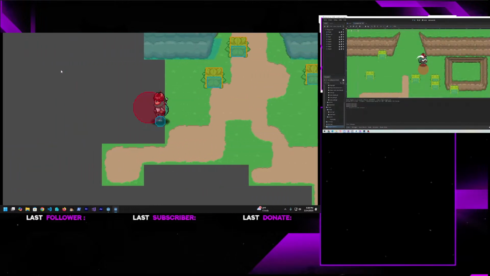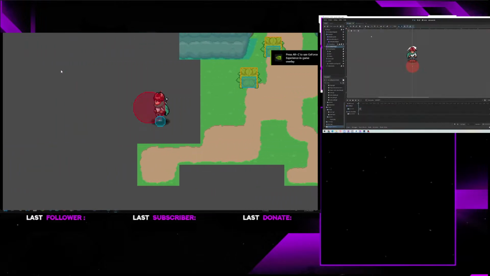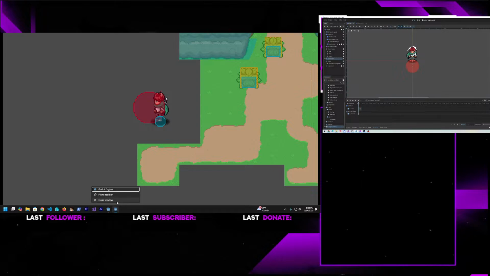Now, we can't really do anything within our playground right now because the way we control the bounds of the camera is from our Camera2D. So here in our player scene, if you look at the Camera2D in the inspector,